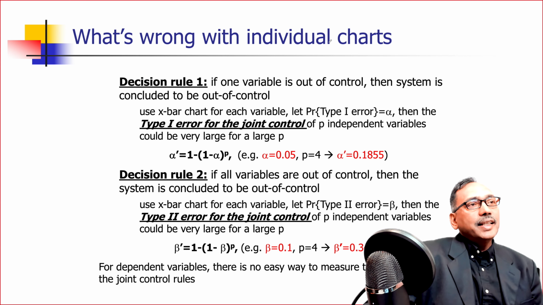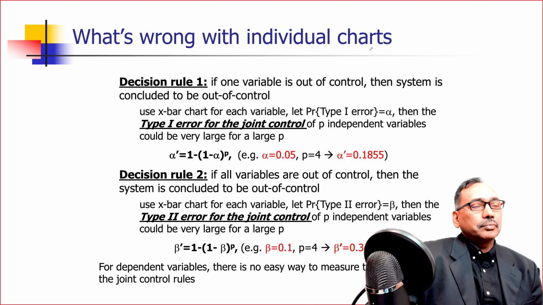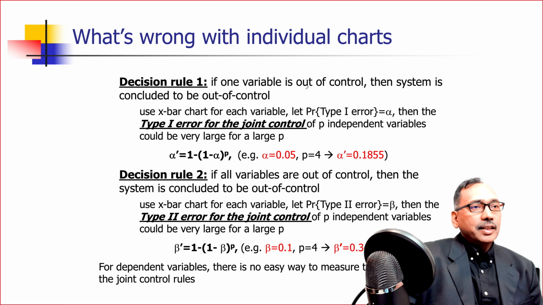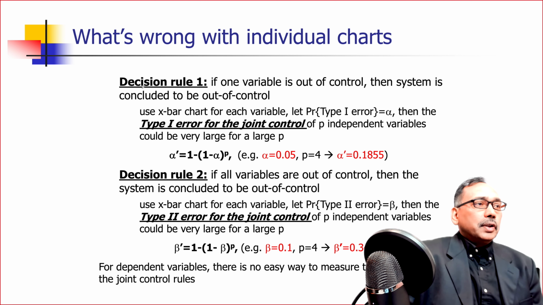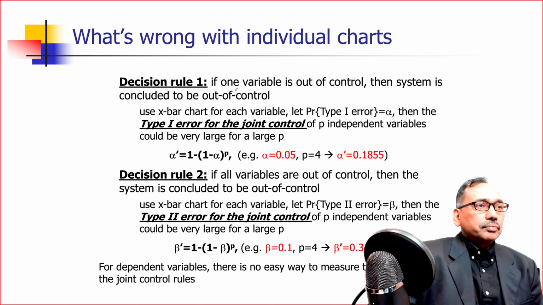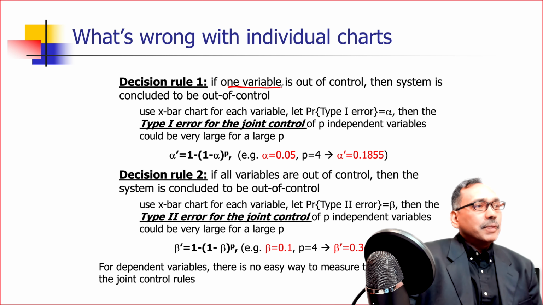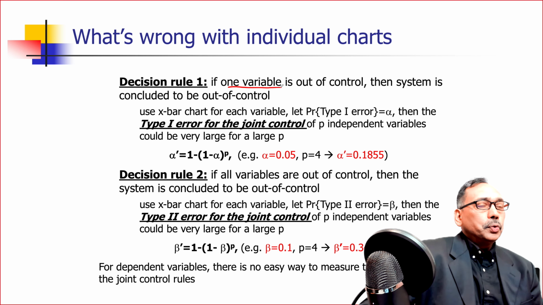So what exactly is wrong with the individual charts? Now if you look at it from a statistical point of view, consider decision rule number one. If one variable is out of control, then the system is concluded to be out of control. So even with two variables, when you have one out of control, then it is out of control. Use X bar chart for each variable,